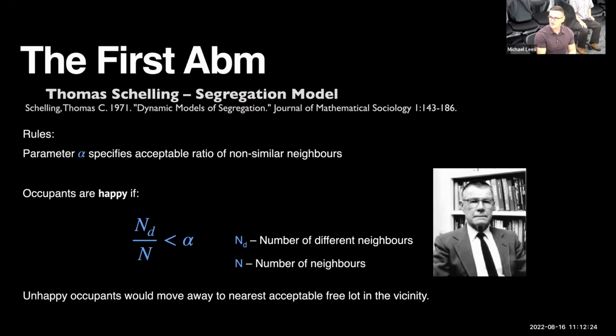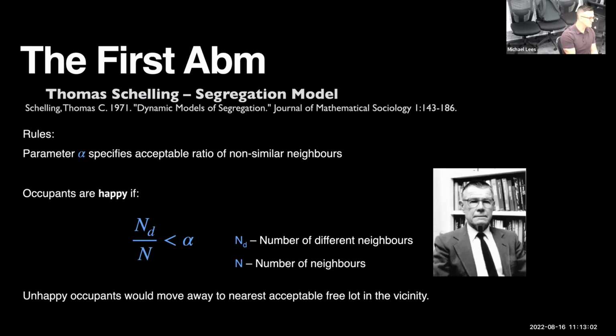I want to talk a little bit about what I consider the first agent-based model, by an economist, looking at the question of segregation, in particular segregation in Detroit. Around the late 60s, early 70s, Detroit had this problem of what was called white flight. White people were moving from certain neighborhoods to other neighborhoods and staying together. This coincided with the collapse of the car industry in Detroit. And Schelling actually won the Nobel Prize for some of his work.